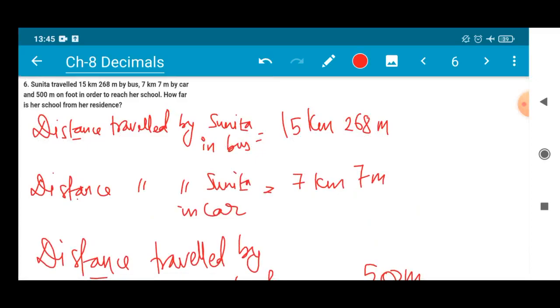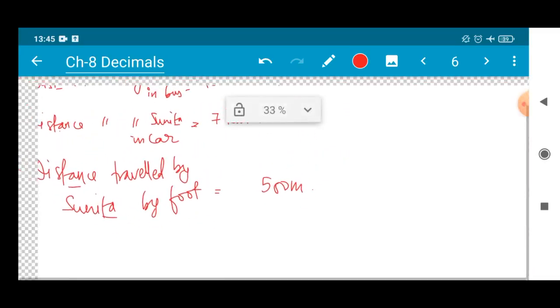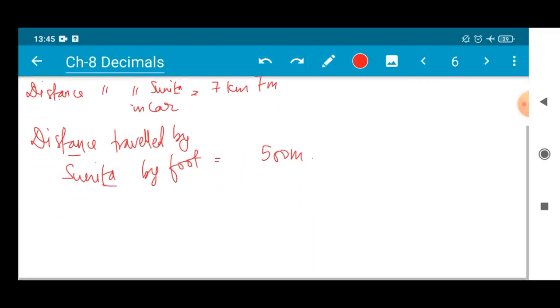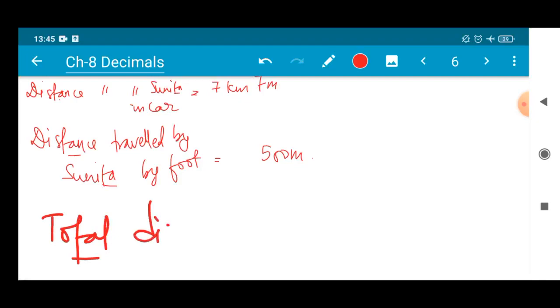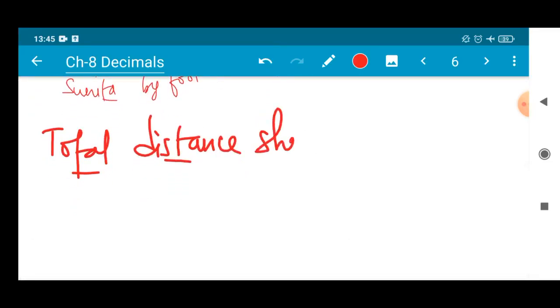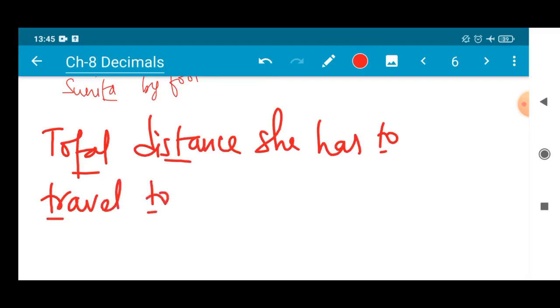Now what is the total distance? How far is her school from her residence? So what is the total distance of Sunita's house and her school? That we have to find. So this is the total distance. That is, when we add this, we will get the value, right? So let us write the total distance. How far is her school from her residence? Means the total distance she has to travel to her school is equal to